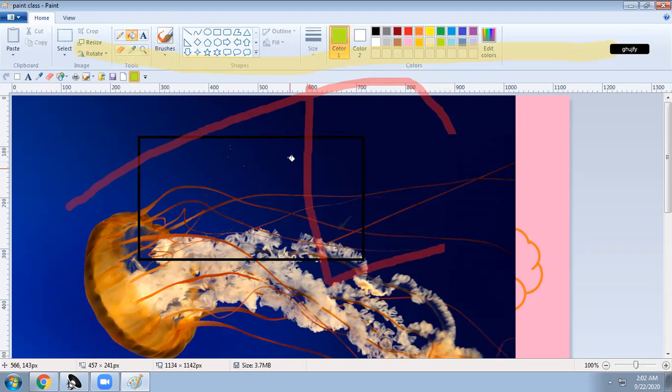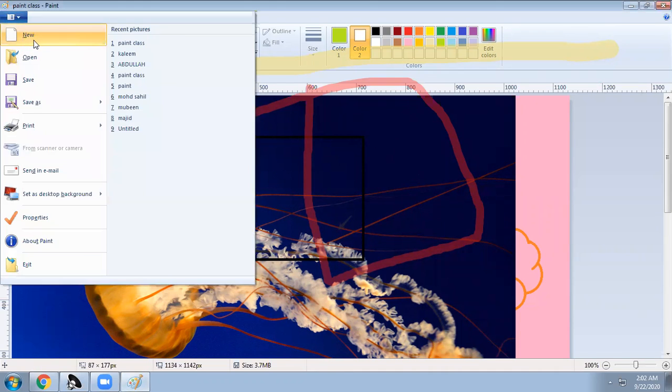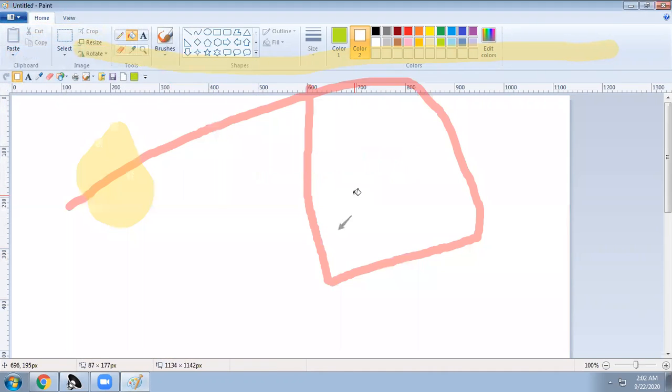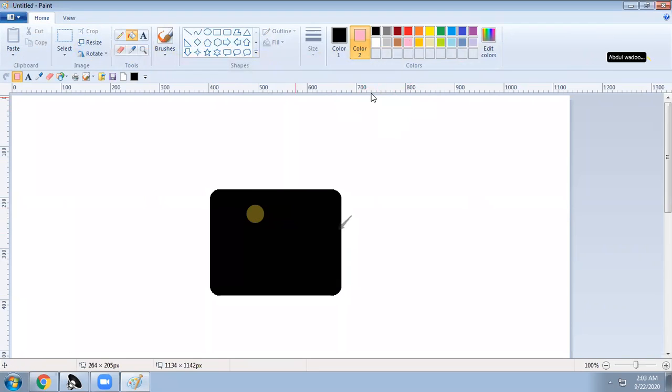I will show again. Wait, I will take a new one. I have taken some box like this and I want to fill it, and I put something like this.